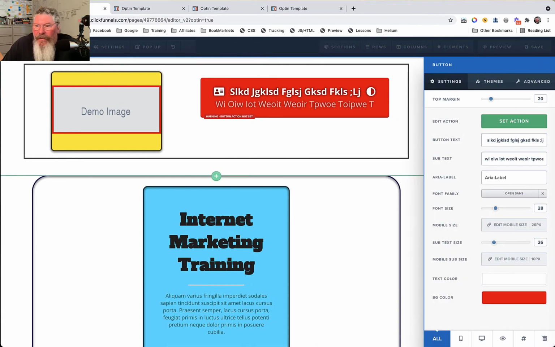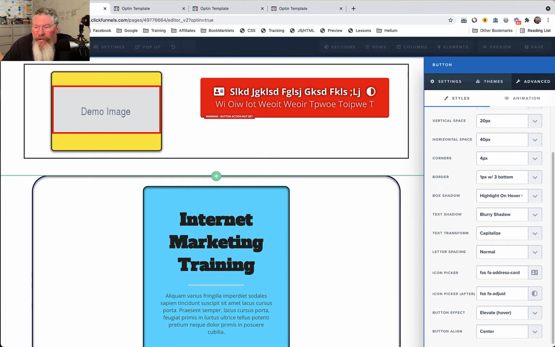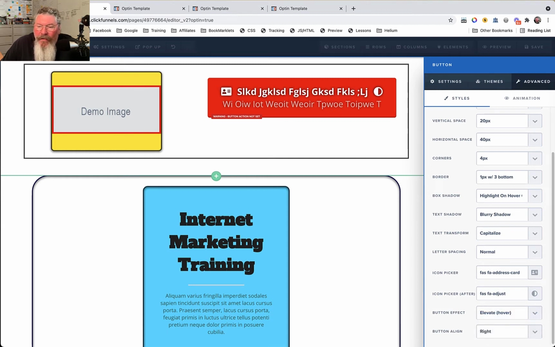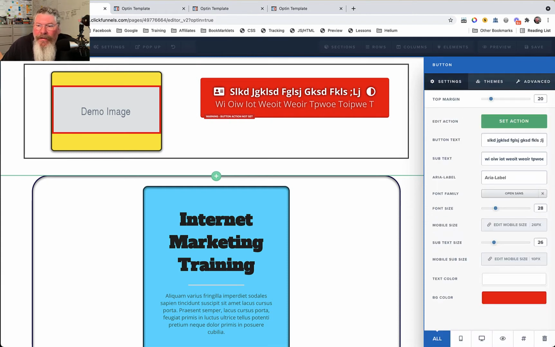So a couple of different effects there that you have available to you. And then, of course, we can do our right, center, left, like all the other elements on the page. So now let's go back into the settings and let's take a look at setting our action, because this is